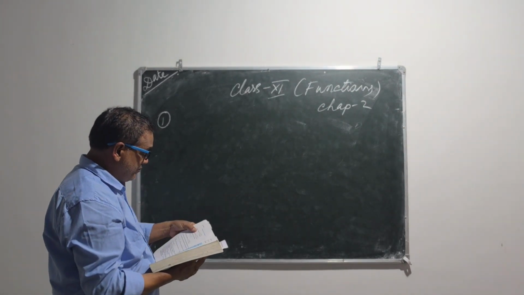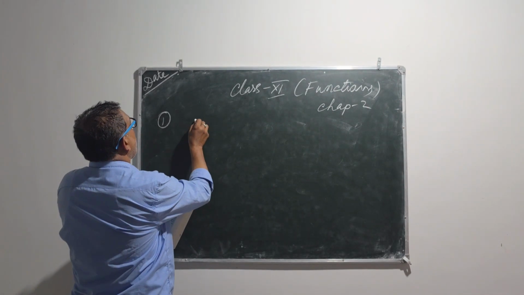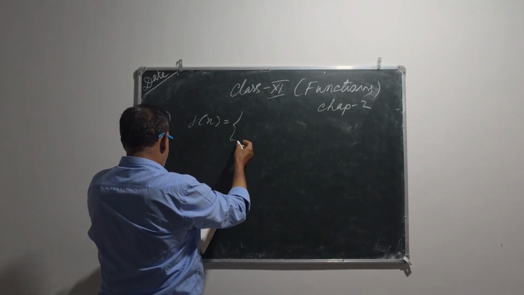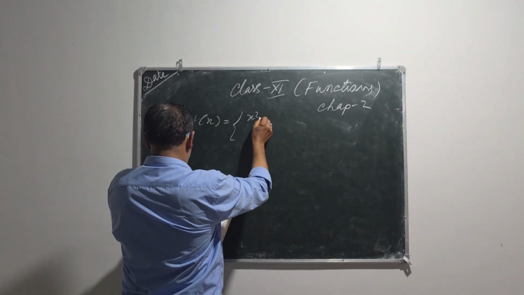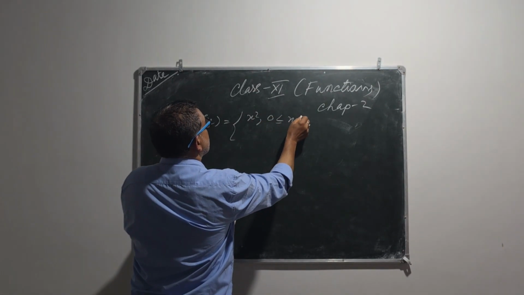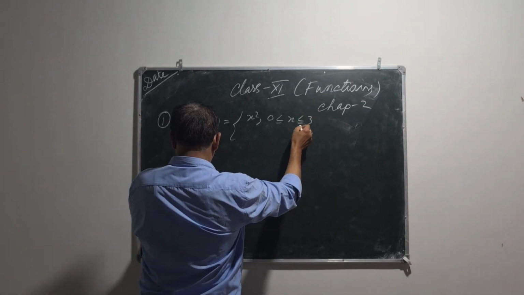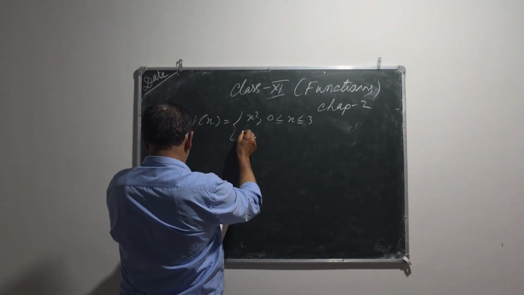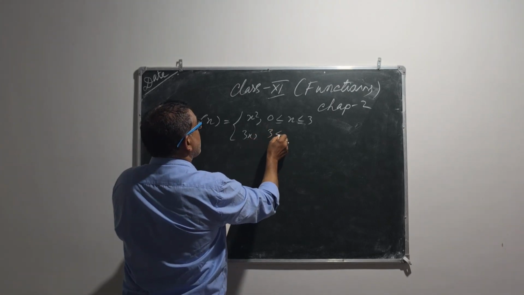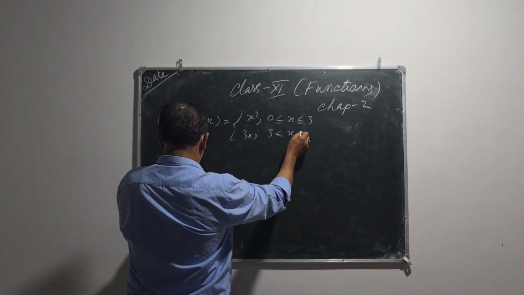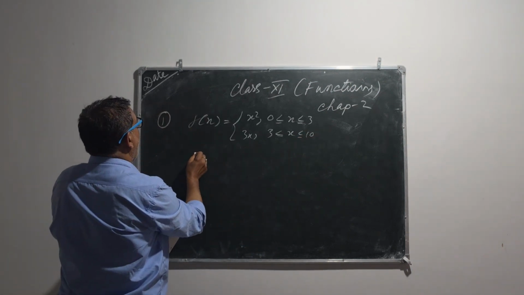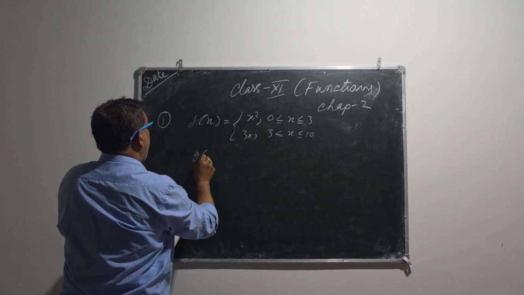here we have given f equal to x square, condition is x greater than equal to 0 and less than equal to 3, and it will be 3x when x is greater than equal to 3 and less than equal to 10. Then another function is given here, g of x